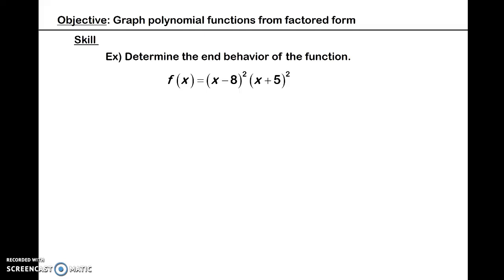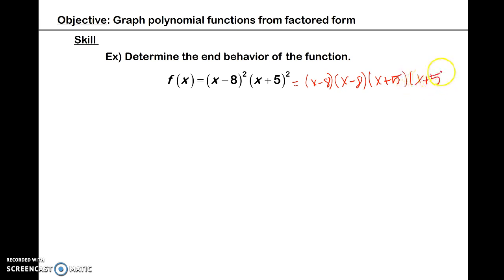Hello, in this video we are going to find the end behavior of a function based on the function's factored form. Here we have f of x is equal to (x minus 8) squared times (x plus 5) squared. This is in exponential form, so you want to go ahead and expand it out, which would be (x minus 8) times (x minus 8) times (x plus 5)